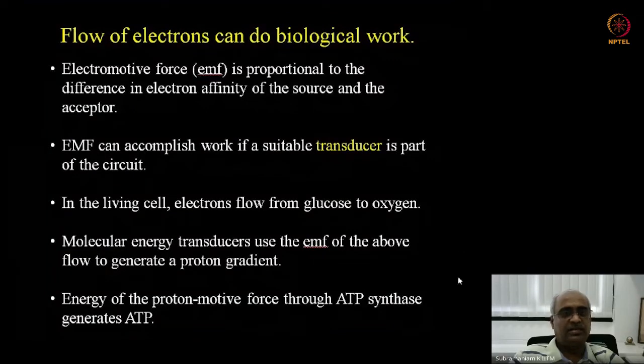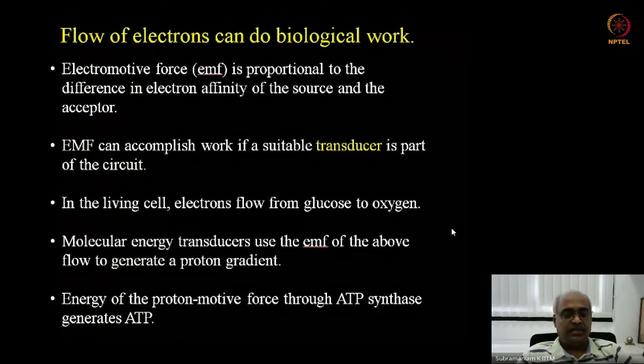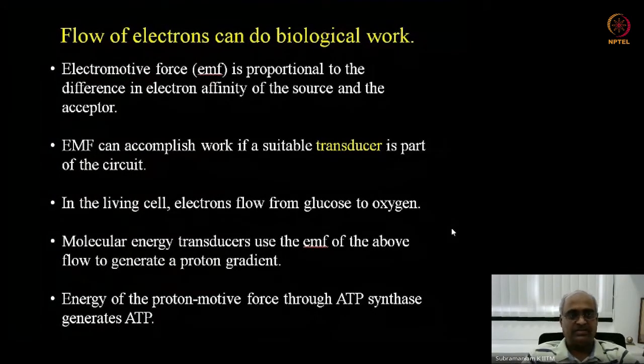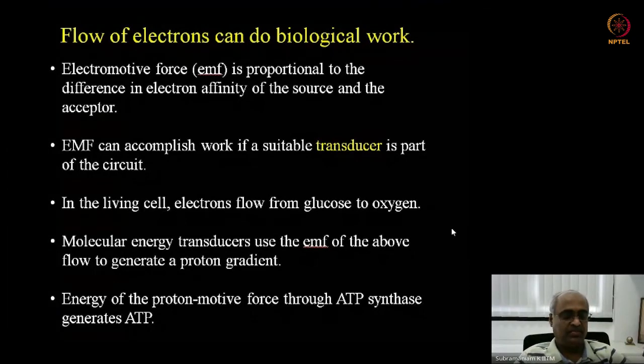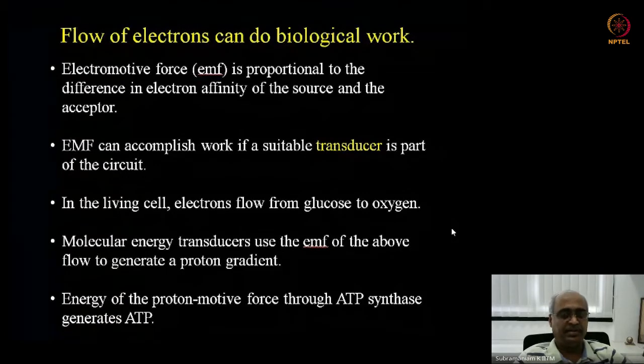So in the last class, we were discussing how in biology most of the energy transfer is via oxidation reduction reactions. I was talking about how the free energy that is available is actually a reflection of the kind of bonds and the kind of atoms that are bonded. And as an example, we saw how the